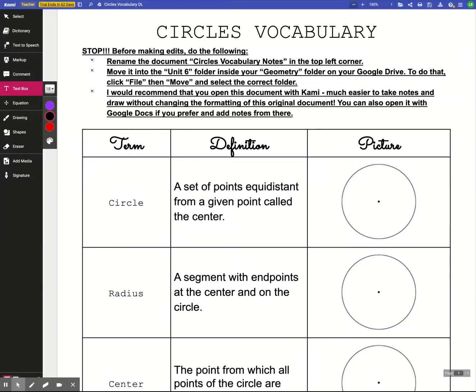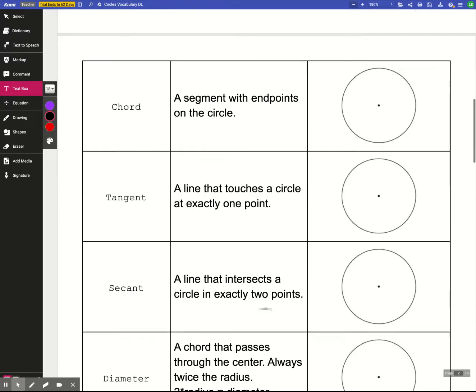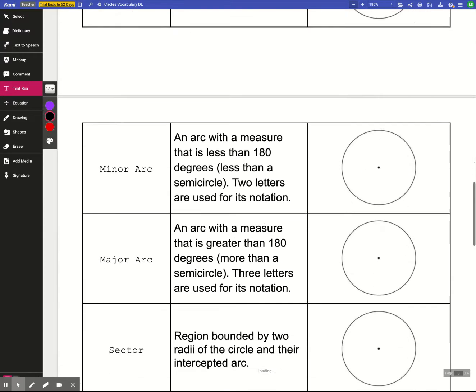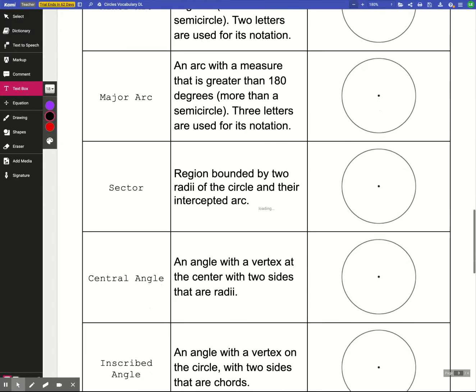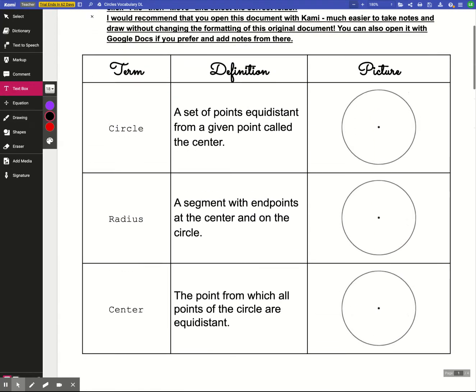Hello everybody. This is just a quick video for you on circles vocabulary. You'll notice that this one is a little bit long, like it's a lot of pages, but that's mostly because I wanted to leave you a lot of space for drawing. I also included all of the definitions for you already, because the thing about a lot of this circle stuff